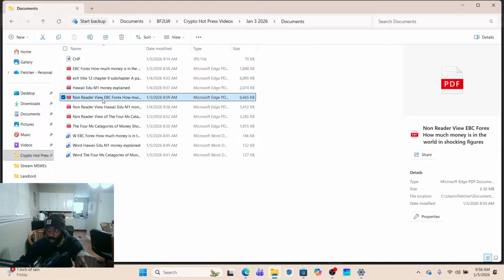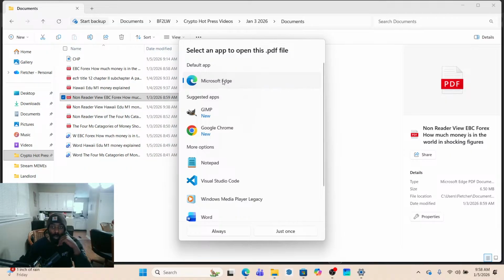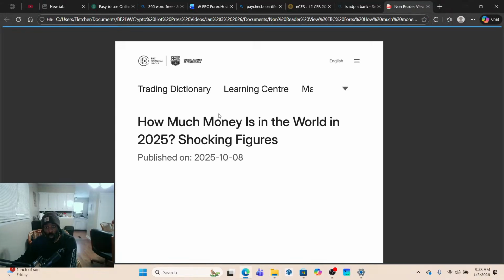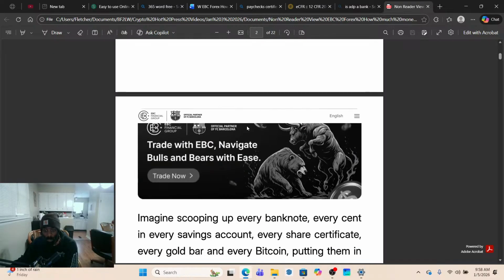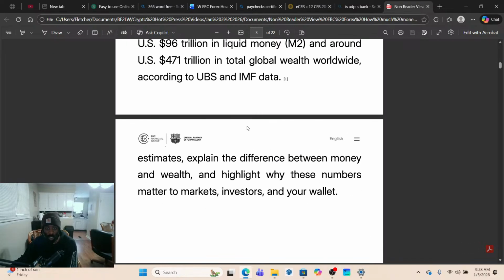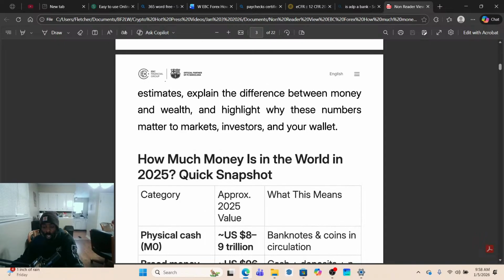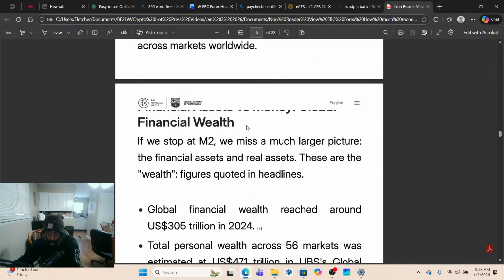This is a non-reader view of the Forex page, coming from an actual trading company. We're going to open this back up on Microsoft Edge, and you'll see why it's important, because sometimes they don't even keep these documents up anymore. They were removed. This is coming from EBC Financial. They do trading, they teach trading, and yes, this looks kind of crazy. That's why you do a non-reader view and reader view as well, to get all of the information so they can't say you made this up. Excuse my language.